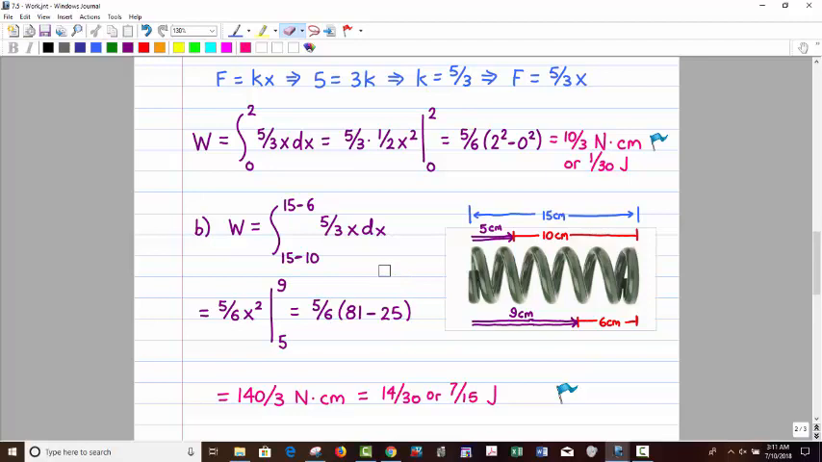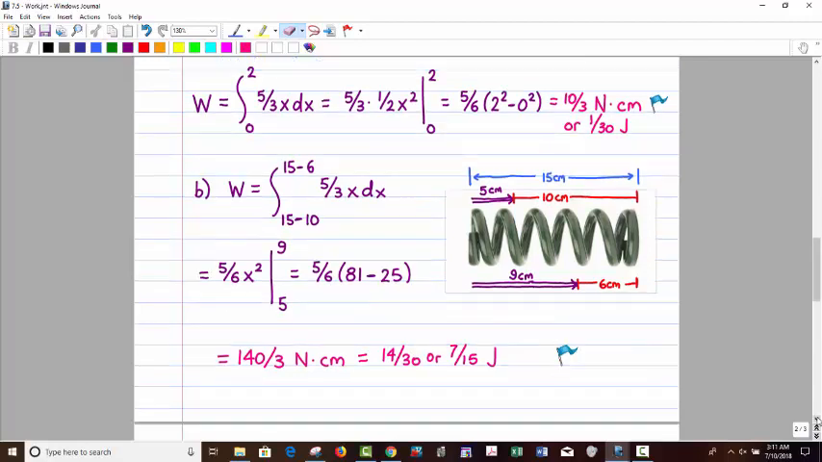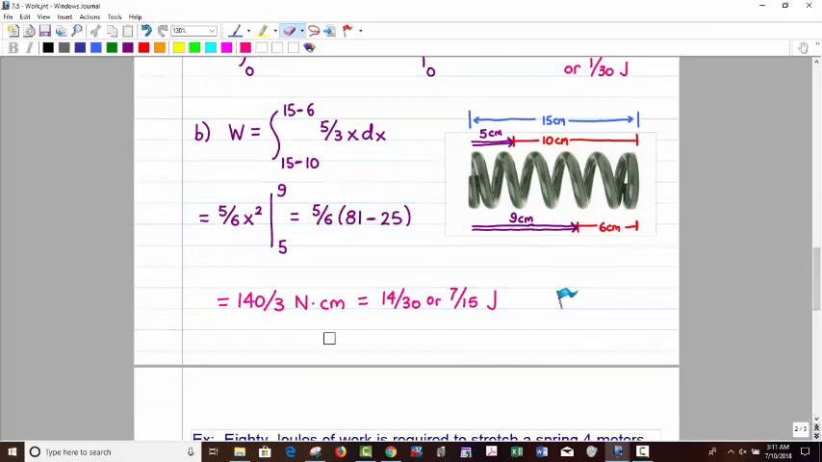Alright, so after all that's settled, then it's easy. So the antiderivative of 5/3 x is 5/3 times 1/2 x squared, so it's 5/6 x squared. Put in 81, put in 25. It just depends on whether your instructor would have you use what's called an exact answer, meaning like a fraction or square root or decimal, but I just did it as an exact answer. So it's 140 over 3 Newton centimeters,